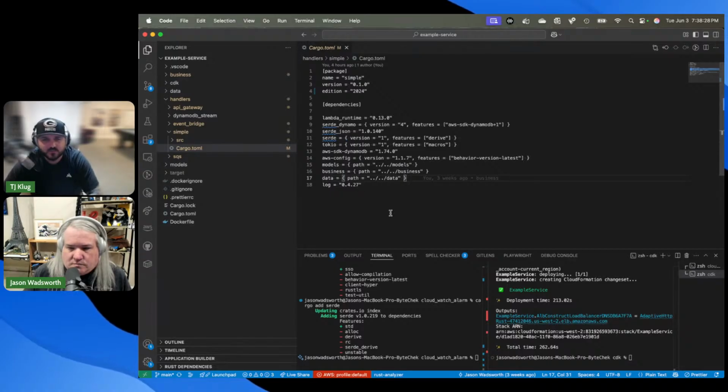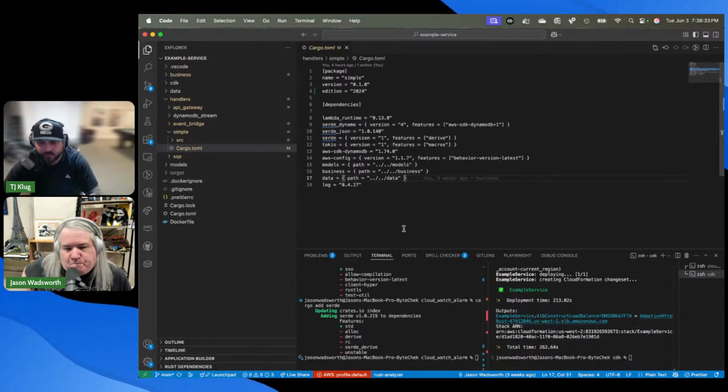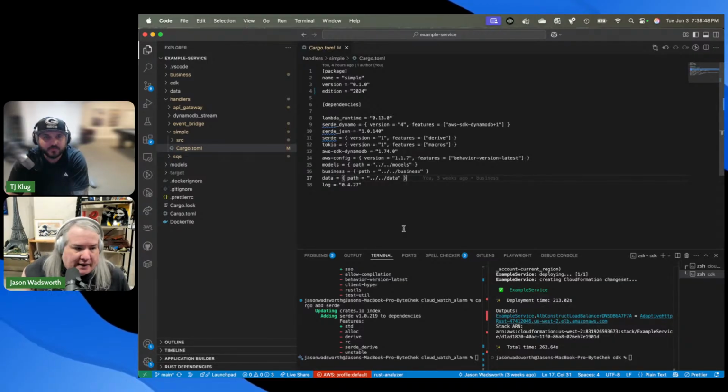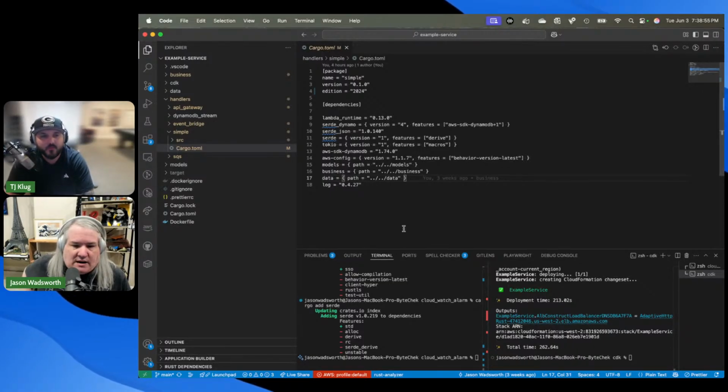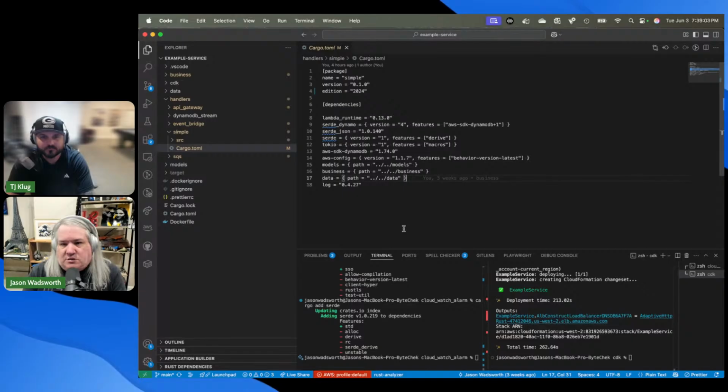One of the questions that I have for you: when you use those Node.js functions, it automatically strips out the AWS SDKs, right? Because it's built into the Lambda runtime. Does it do something similar with Rust? I don't think so, and the reason is because the way it does it is very different. If you think about Node or Python, those languages have a runtime, right? It's not actually compiling your code, it's interpreting it. And so it's got a runtime that runs it.